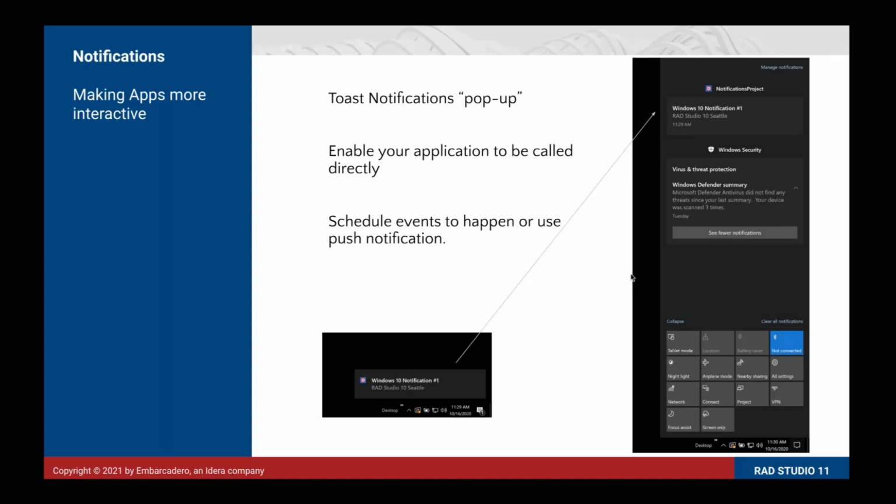There's an API for calling those, and again, that's all fully wrapped, part of the WinRT API sets that originally came out. That's all wrapped up with RAD Studio and very easy for you to go and connect to and use those. There's an API to schedule them, to interact with them, and to remove them based on the ID that you provide them as you set them up.